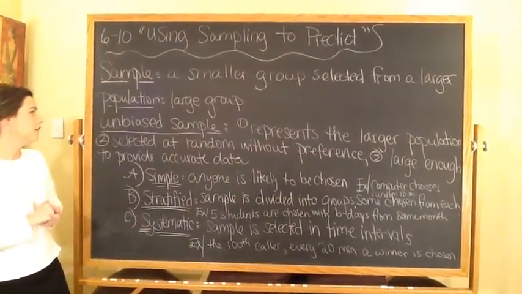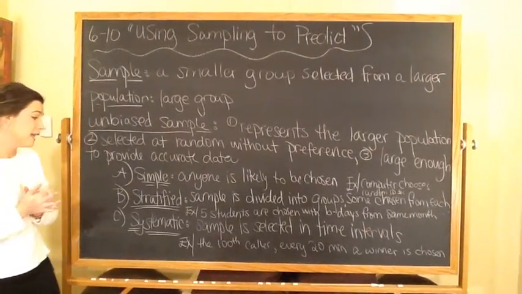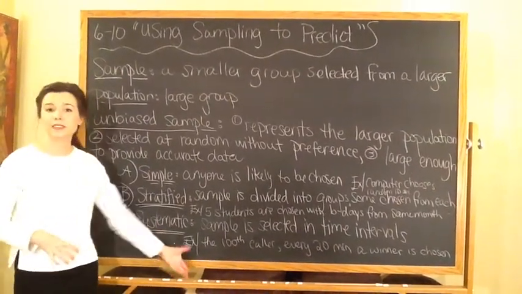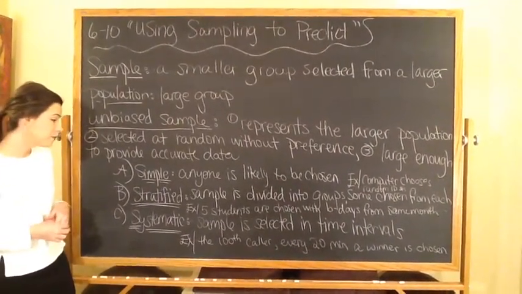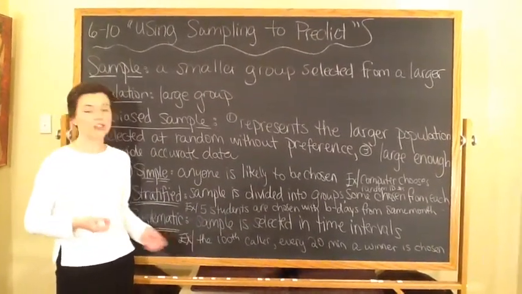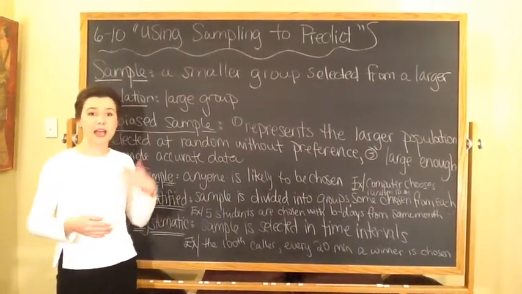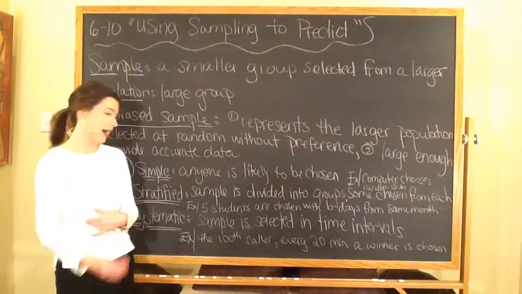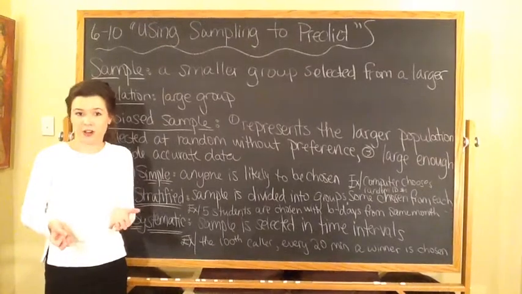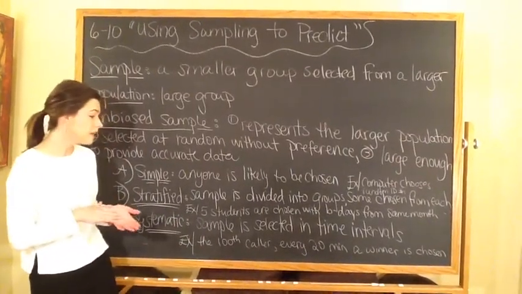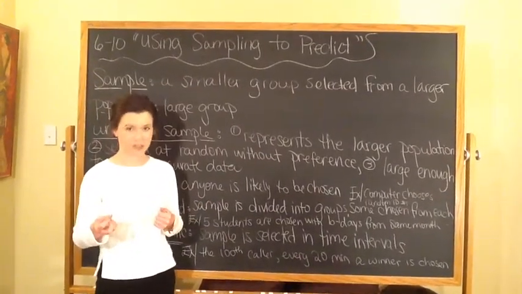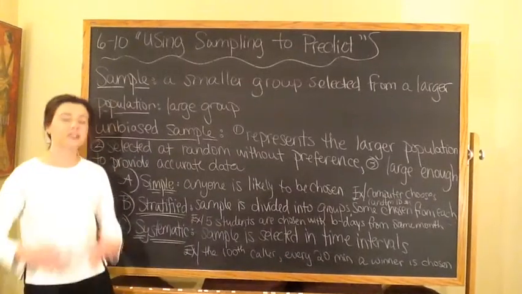The third type of unbiased sample is systematic, and it is a sample selected in time intervals. So systematic brings in time. Like if you had a game going on or some sort of prize, and you said the 100th caller will get this prize, so after so many people that person will get a prize. So it'll be random because you won't know who it was. Not even the people who are trying to call will know who's the 100th caller. So it's completely random. Another example would be if every 20 minutes a winner will be drawn from the raffle or something like that. So it has to do with time or a certain type of interval.